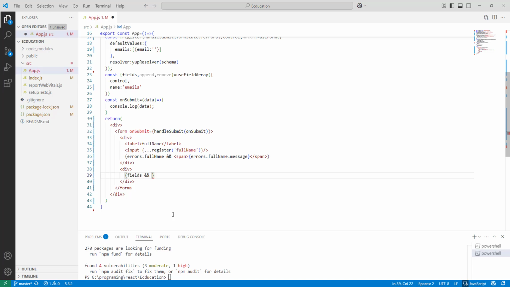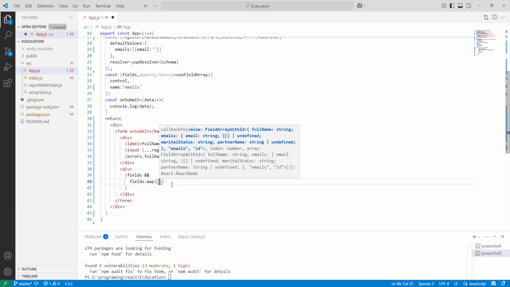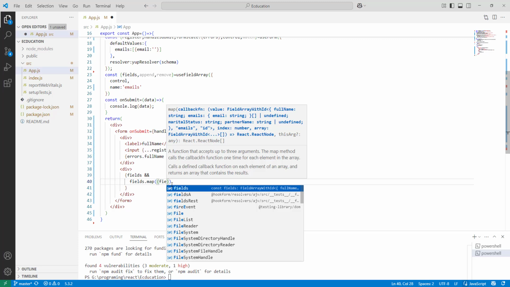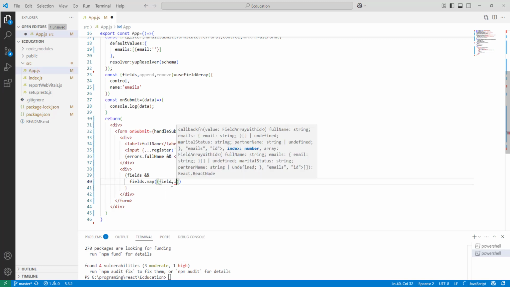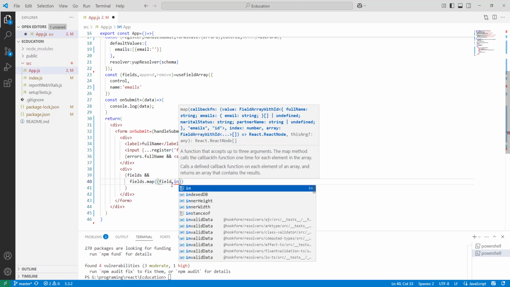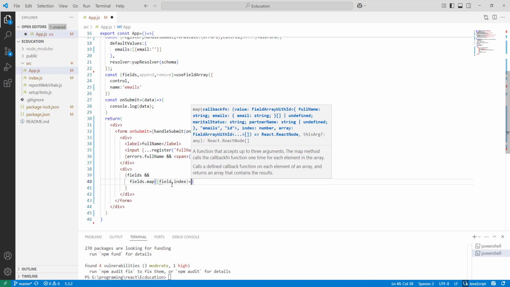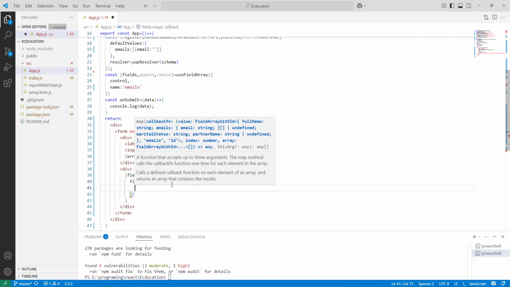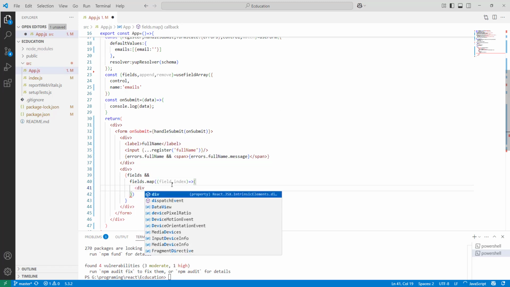If it exists, go to fields.map, field and index. Yes. Here you can write a div,